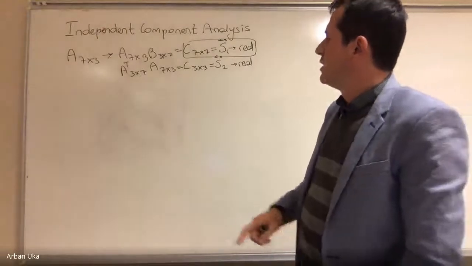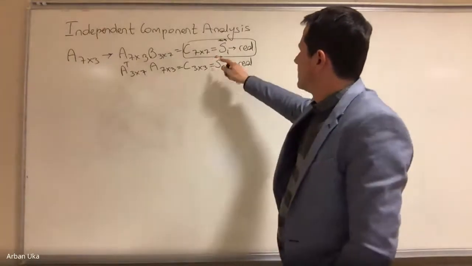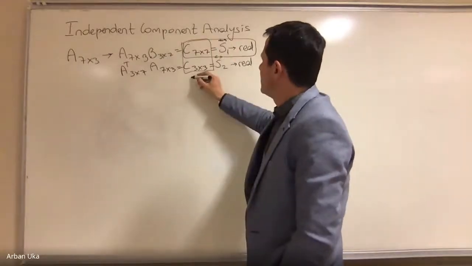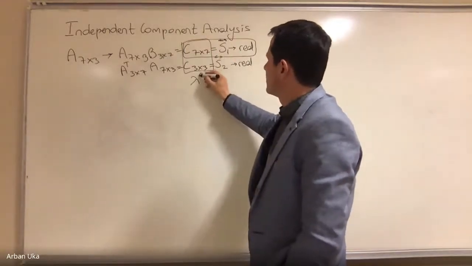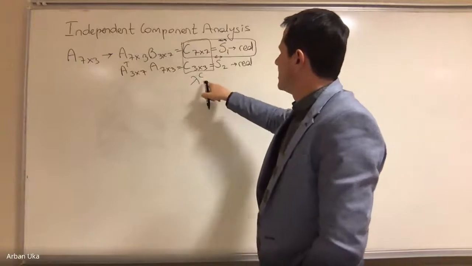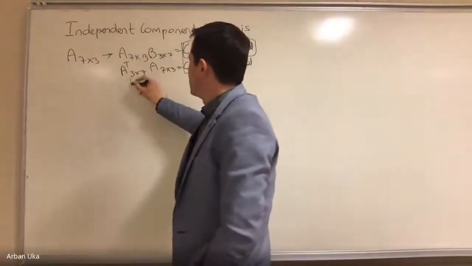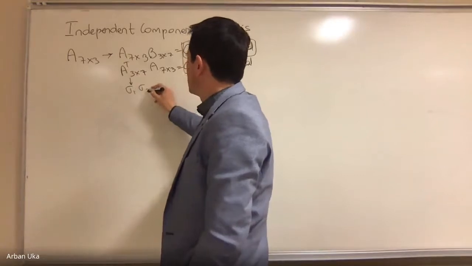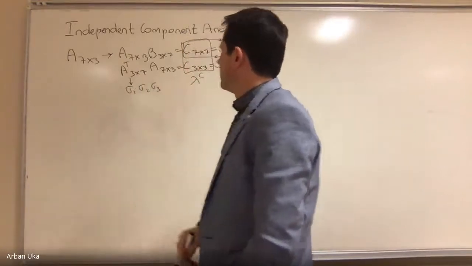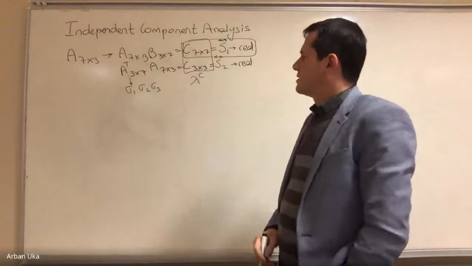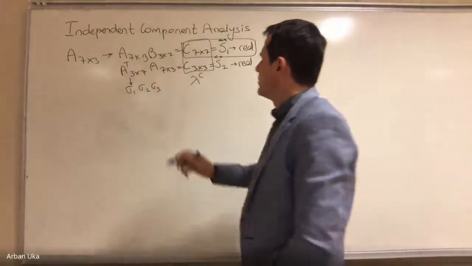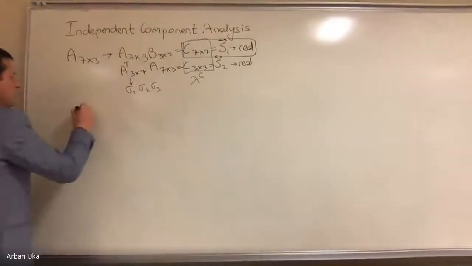But when we find the eigenvalues, let's not forget that we can find the eigenvalues of C. These eigenvalues of C have a relationship with the sigma values, sigma 1, sigma 2, sigma 3, which come from the singular value decomposition of the matrix A initially. And this matrix A, which can be 7 by 3,